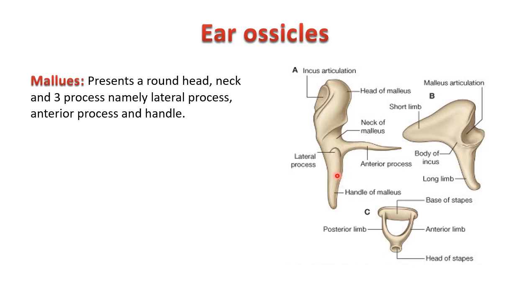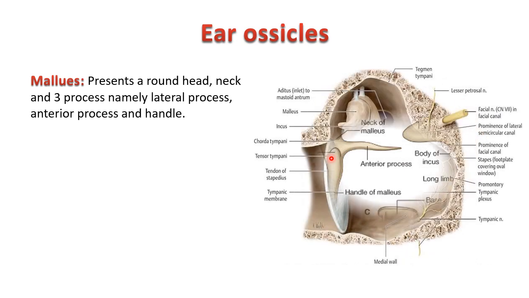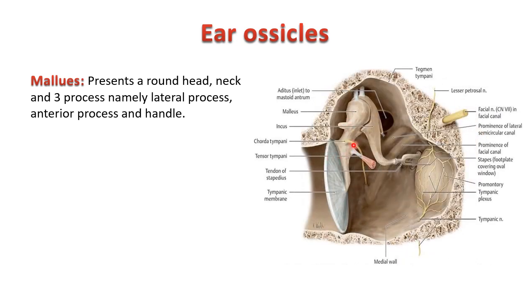So one is the handle, which we all know, the handle of the malleus. Then it has got an anterior process, which is facing anteriorly, and then what you have is the lateral process. So one head with three processes, mainly the handle, the anterior process, and the lateral process. Okay, so the head actually articulates with the incus, the upper part of the incus, forming the